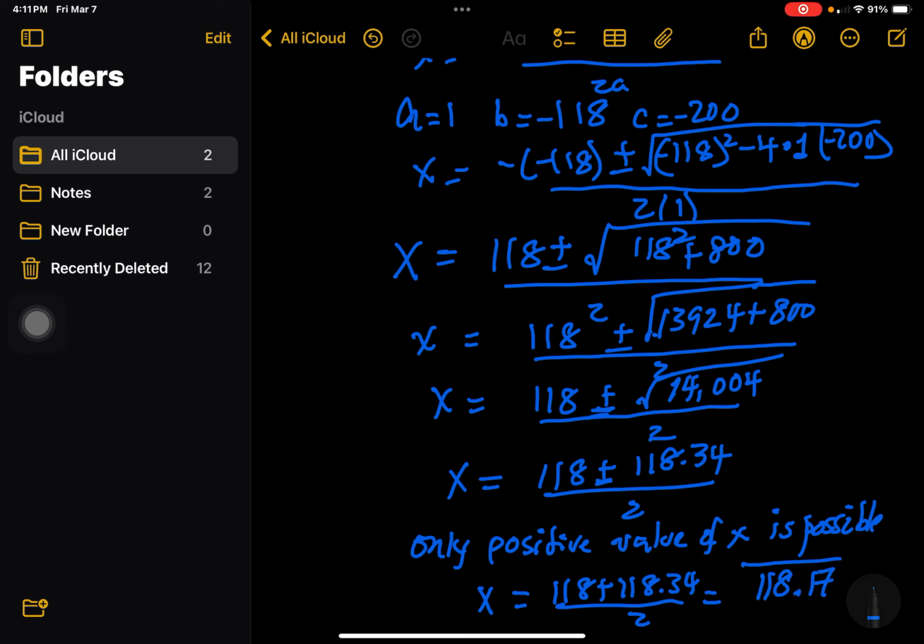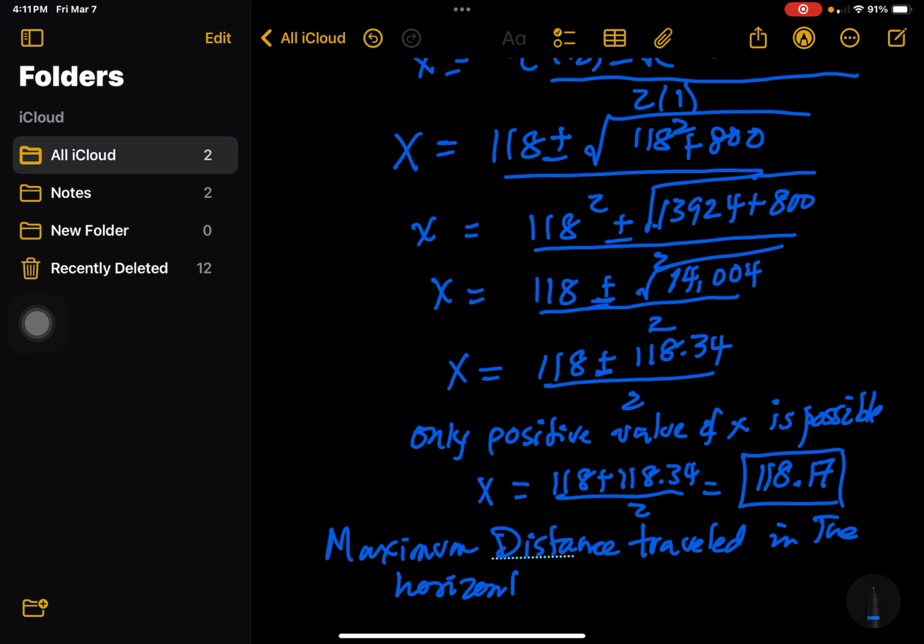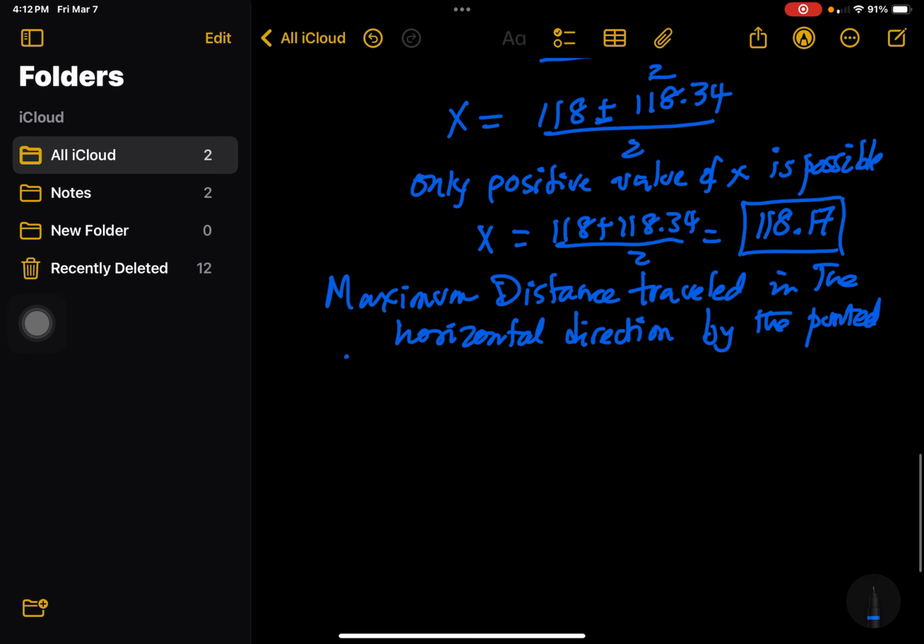Okay, so this is the maximum distance that the punted football will travel horizontally. So the maximum distance traveled in the horizontal direction by the punted football is 118.17 feet. So that's your answer